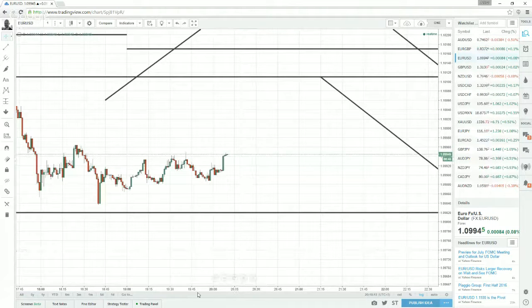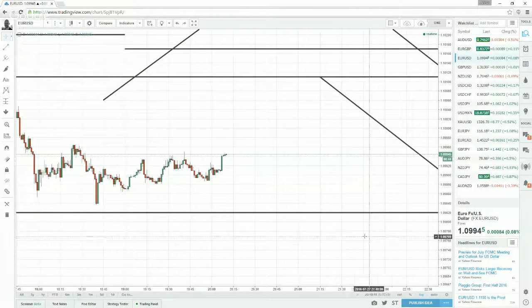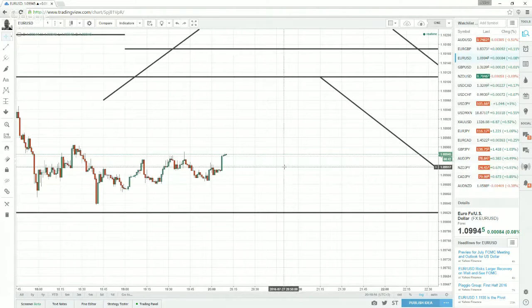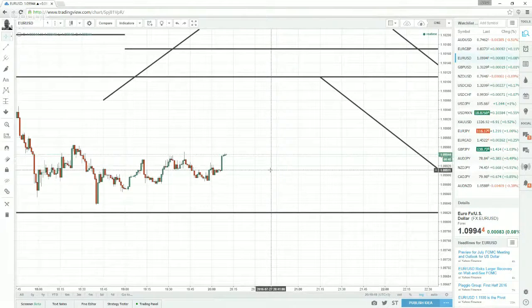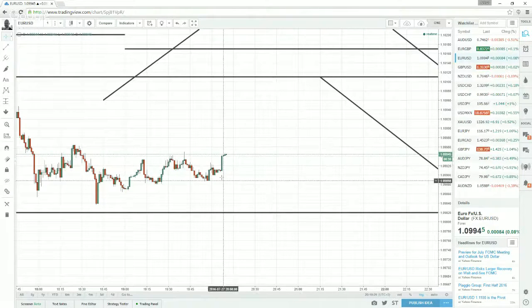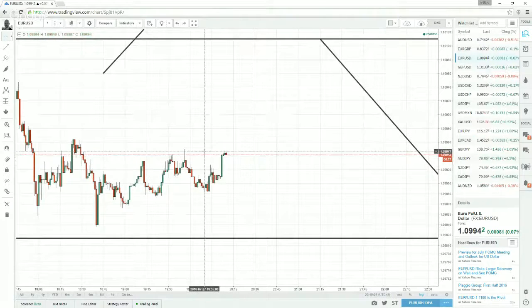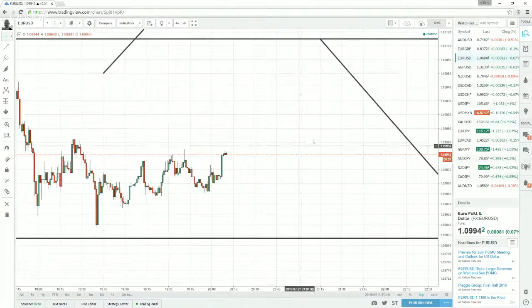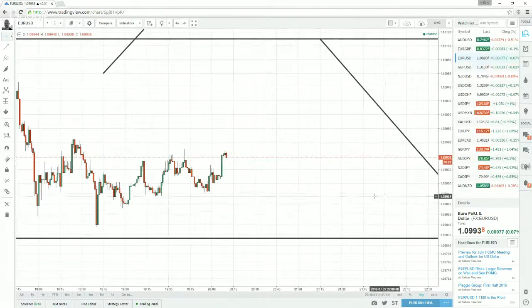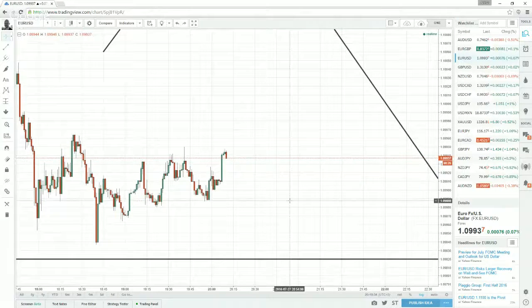So have a practice, have a look. You still have some time if you really want to trade it, but it's all right if you don't, and it's good if you won't. I mean, it's good to trade it because you can make lots of money, but you can also lose lots of money as well. So I don't want you to lose, so I'm not advising you to trade during the news.